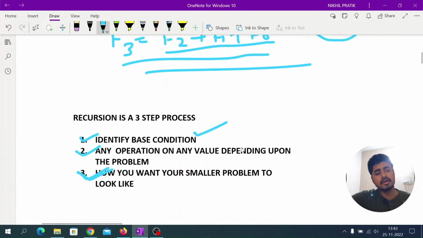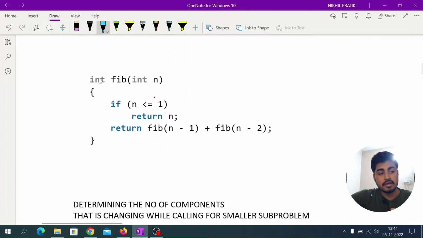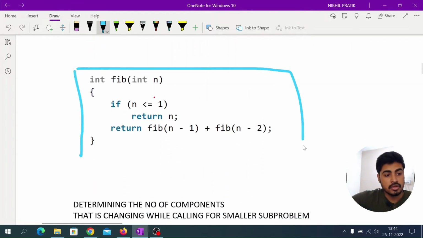So every recursion problem is basically divided into three parts. The first part is the base condition, identifying where the program will actually stop. The next part is the operation that we want to perform. The third thing is how we want the bigger problem to be divided into smaller sub problems. They are the basic three things. Now if I would show this to you,